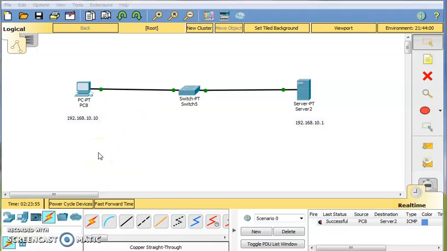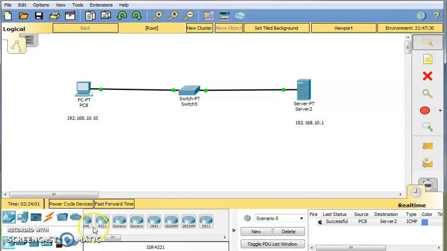Let's configure a router to this network. I will add one router.